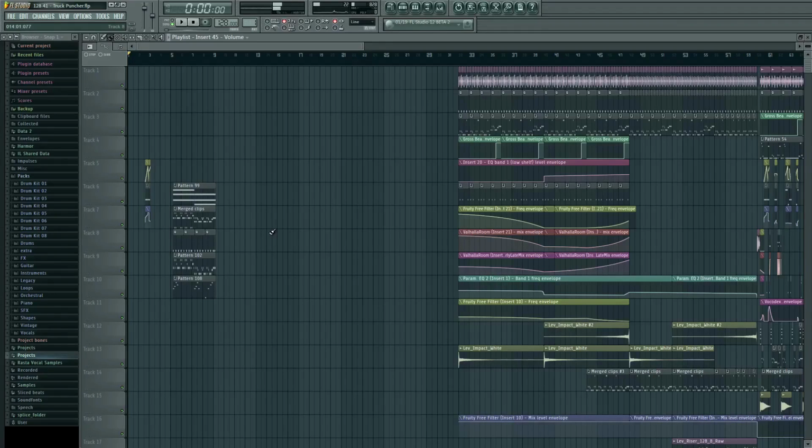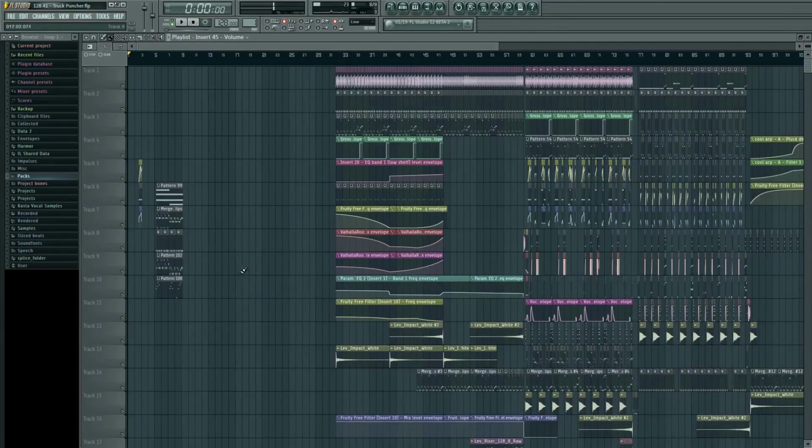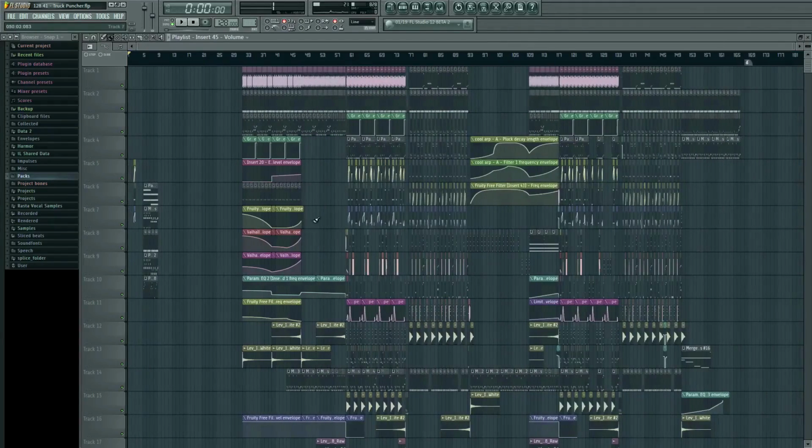I am told this is kind of how the session mode and arrange mode works in Ableton. I don't really know, but this is just generally how it works, because there is only one playlist view. The thing is, though, it's not really necessarily true, because if you go in here and